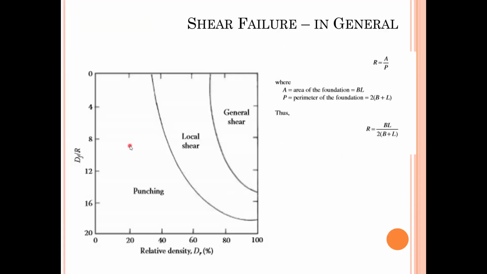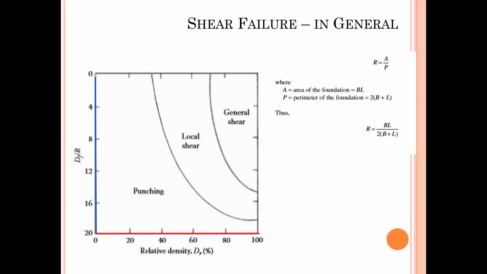So in general, this is a very good diagram to show what we can expect when we go to work. You can see along this axis relative density. So you have to go back to your lecture notes from last semester. What is relative density? And then on the y-axis,